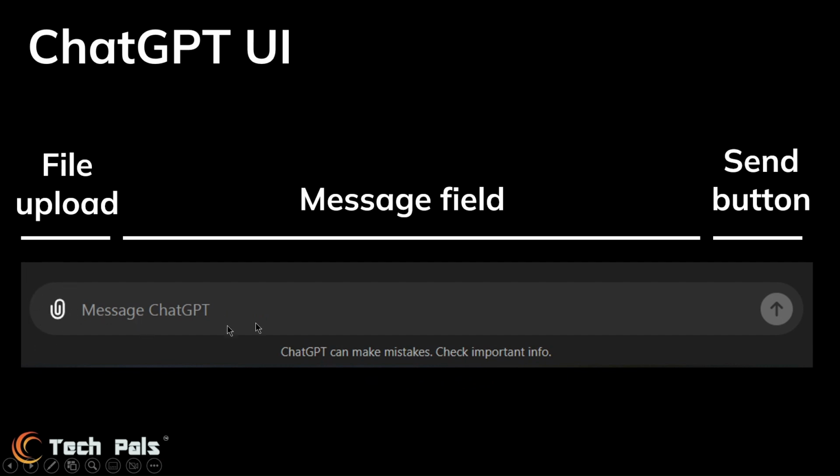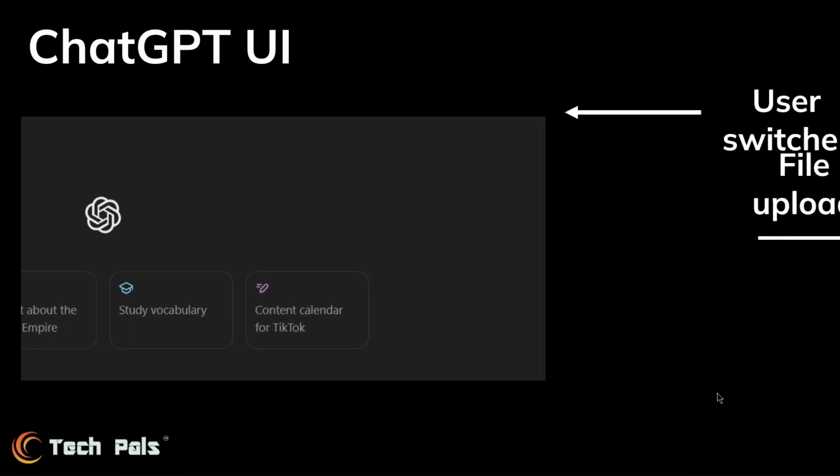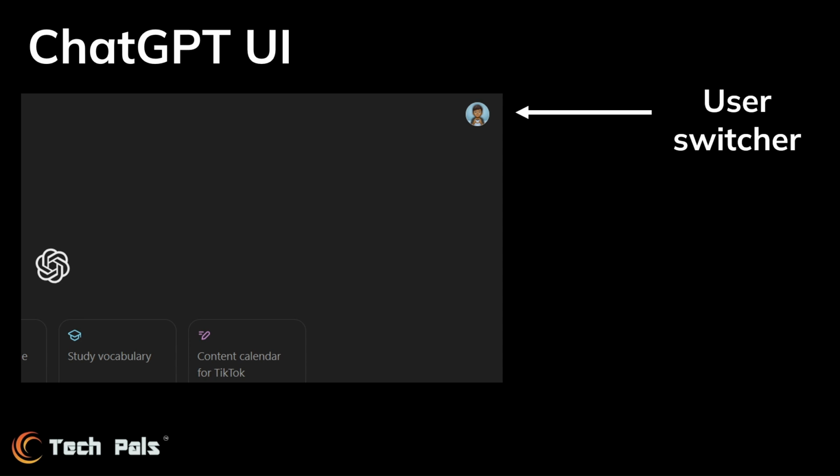Of course, here we have our paperclip file upload we shared earlier. We type our message in here, and there's a little button that will show up as white once you've typed something here. And then we have our user switcher, which helps you access your account settings and